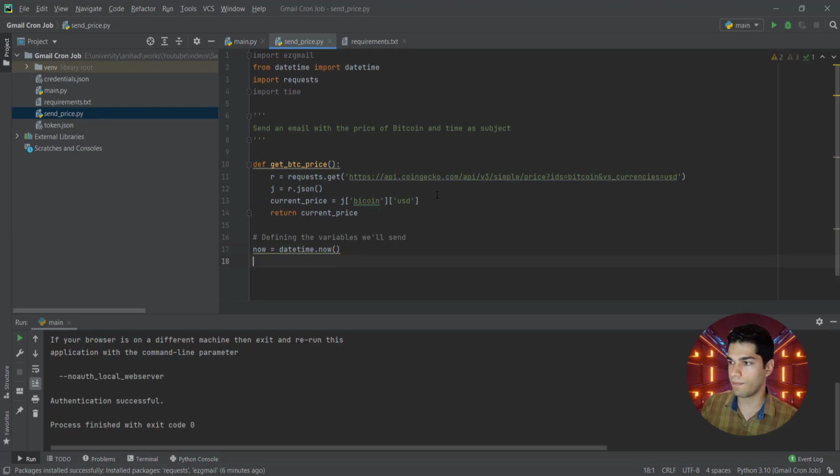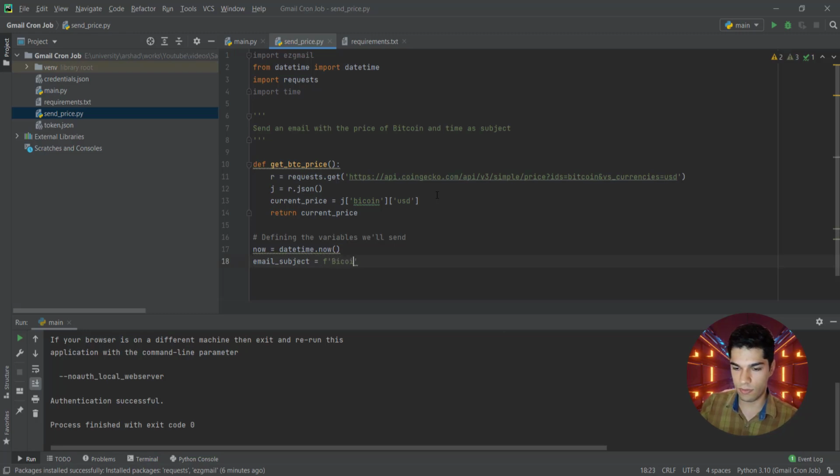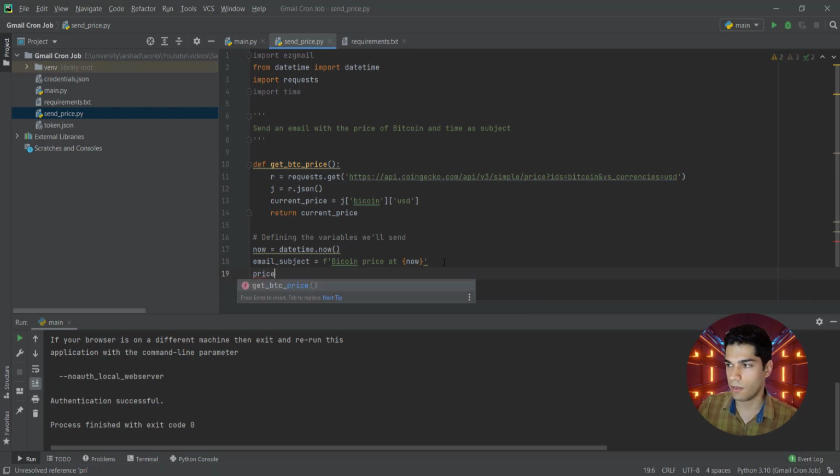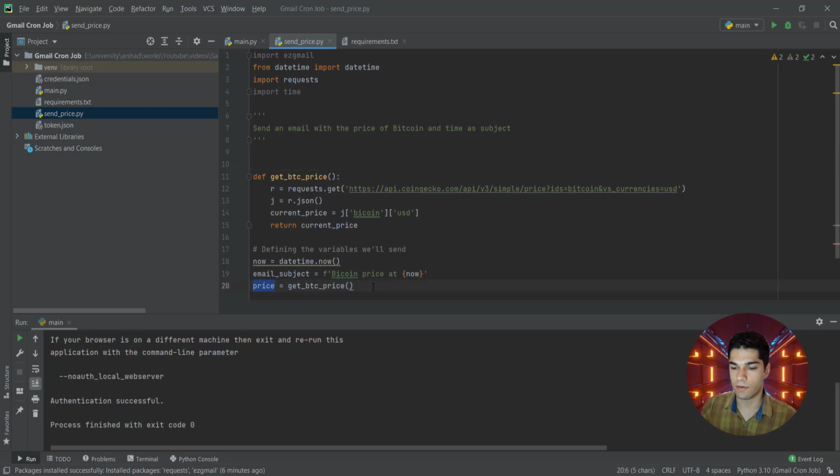Okay, this is a time, and the email subject is going to be an f-string: Bitcoin price at now. So it's gonna be Bitcoin price at this time as our email subject, and then the price is get Bitcoin price. So the function will get the price and put it in this variable right here, and